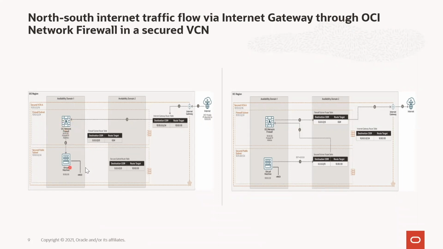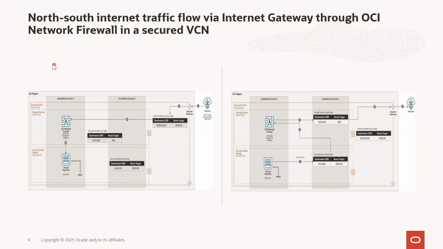And then on the right hand side, the outgoing traffic from the virtual machine will be sending every traffic with a default route to my network firewall. My network firewall will take it to my destination, that is my subnet route table, to the internet gateway, and the internet gateway will take it to the internet source from where the traffic is coming to my virtual machine. Now